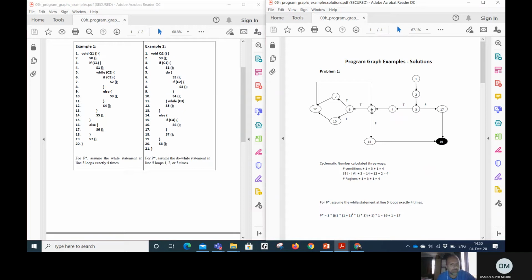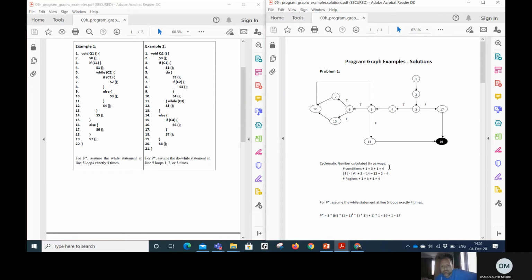5, if it's true, goes to 6, which is an if statement. If it's true, goes to 7. If it's false, goes to 10. Both of them reconverge here at line 12, and 12 is the end of the while loop, so it goes back to 5. So in order to calculate the cyclomatic number here, we say, okay, we can either do it